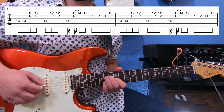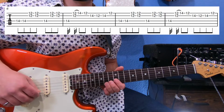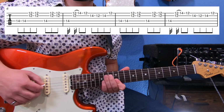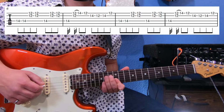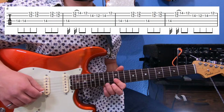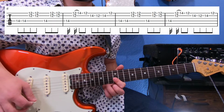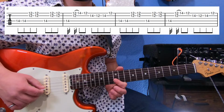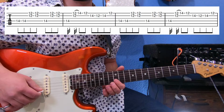Next line, we're going to play this 14th fret two times, double stop twice, play the 14th fret once, double stop twice, 14th fret of the D string. Then we're going to play that hammer-on lick again. We're going to go 12th fret, hammer on to the 14th. Notice that's a double stop there, and we're hammering on the 14th fret of the E string,